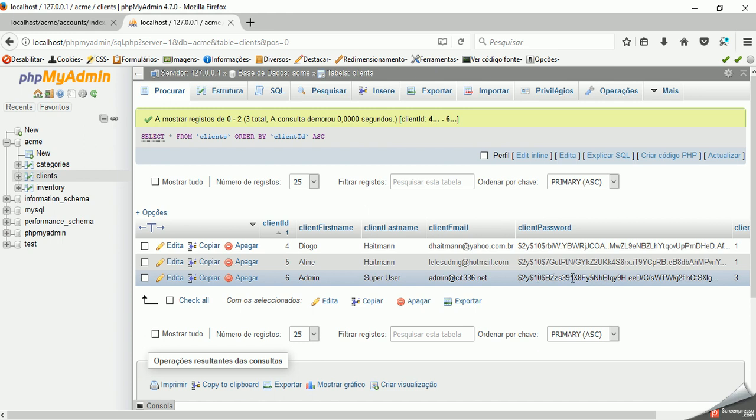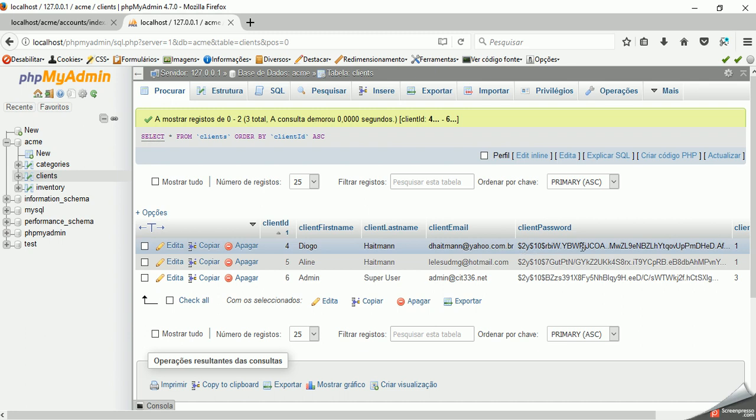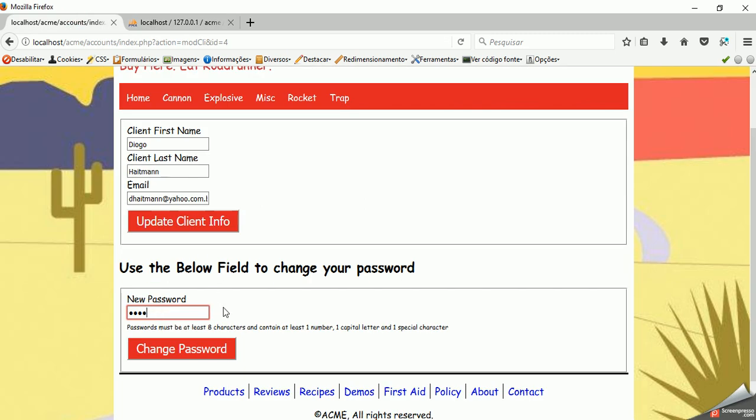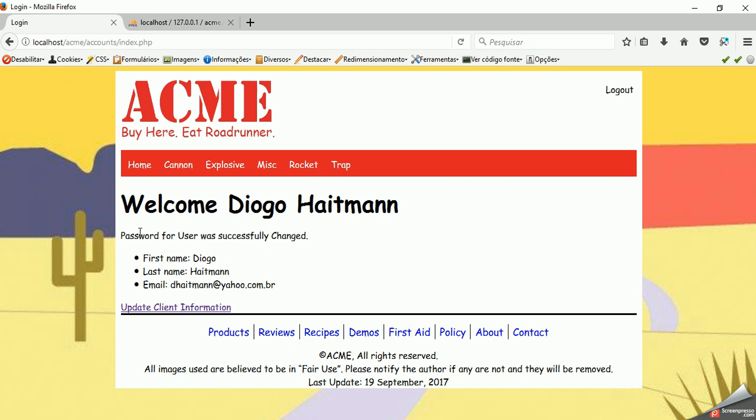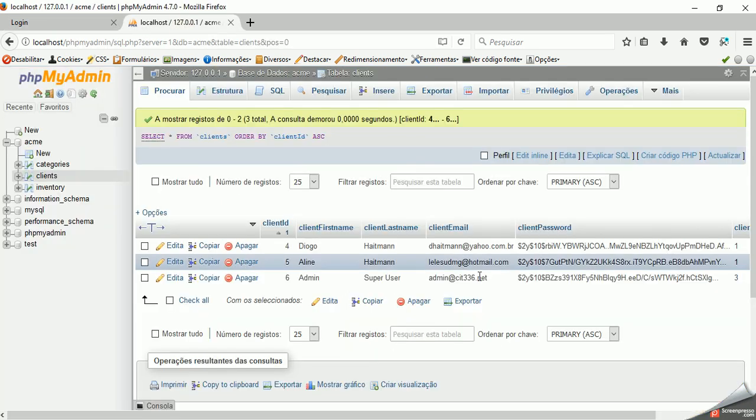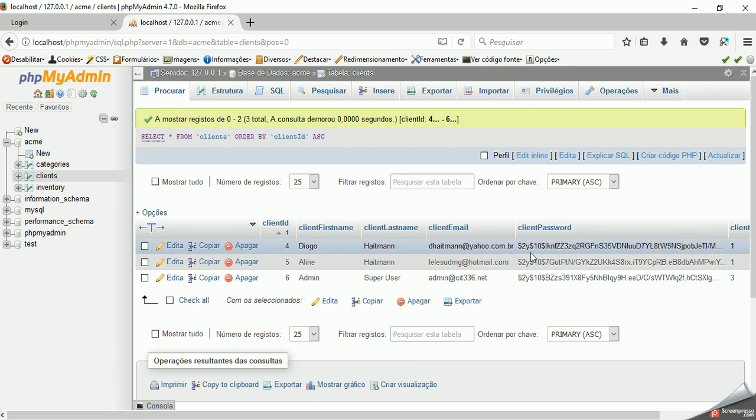So take a look at the first string here that, in this case for my user, it will change when I hit the button. Password for user was successfully changed. Okay, and now we can see that this is going to change. See, password is already updated